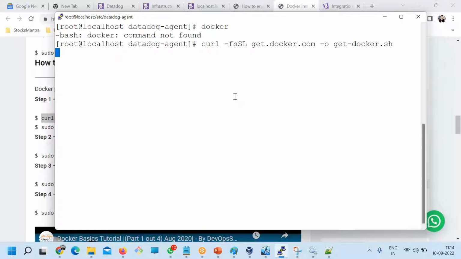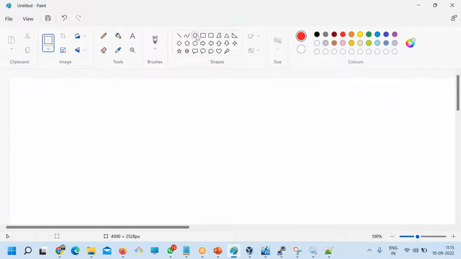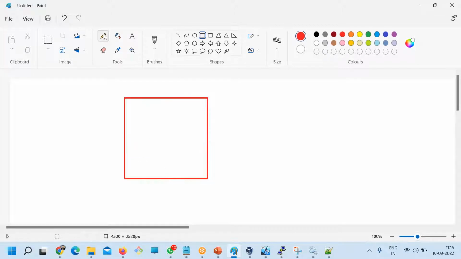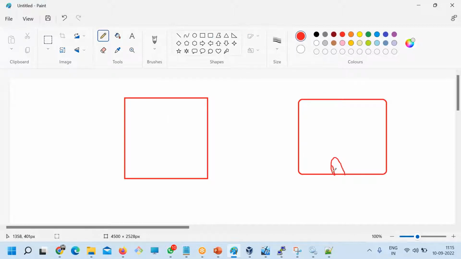So what we are trying to enable is the logging for the containers running in the machine, like the Linux machine where we have installed the agent. Theoretically, this is your server, and here you have an agent installed, and here also Datadog.